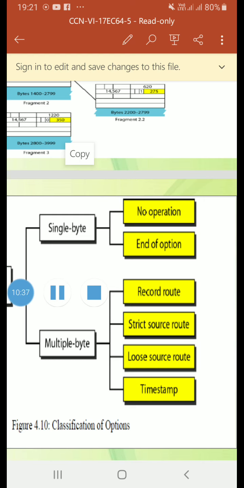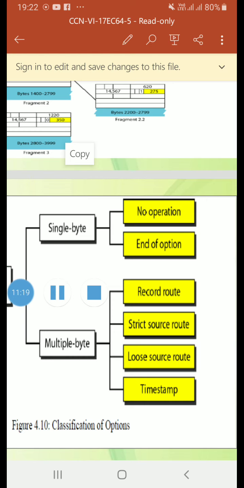The third service is data integrity. Data integrity guarantees that the packet is not modified during transmission. If the received packet does not pass the data integrity test, it is discarded, which prevents the second attack, so-called packet modification. The fourth is origin authentication. IPsec can authenticate the origin of the packet to be sure that the packet is not created by an imposter, which can prevent IP spoofing attacks.